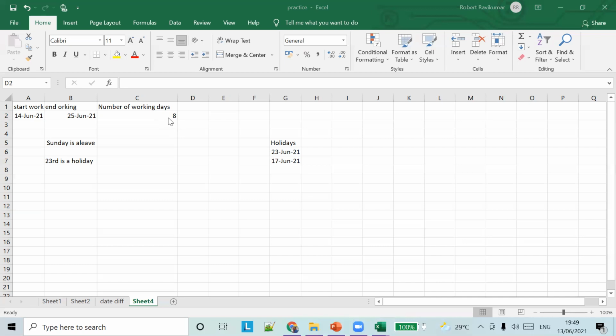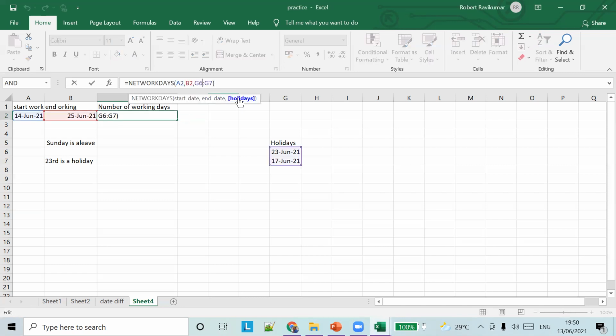So what you can do is, automatically Excel takes Saturday and Sunday as a holiday. But if there is a special holiday, it doesn't know which holiday it is, because in India you will have Diwali, in China you might have some festival holiday, and in America it's a different holiday. So Excel doesn't know the exact holidays, but Saturday and Sunday is a holiday for sure, in almost every country. So it excludes the Saturdays and Sundays, calculates the number of working days, and if there is a holiday in between those days, it will accept the third parameter, which is the holiday object.